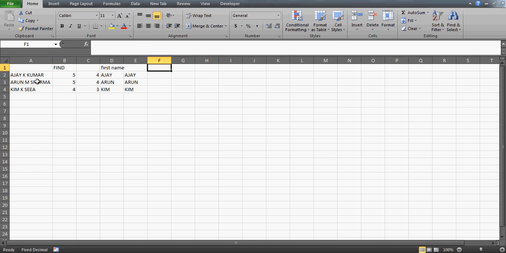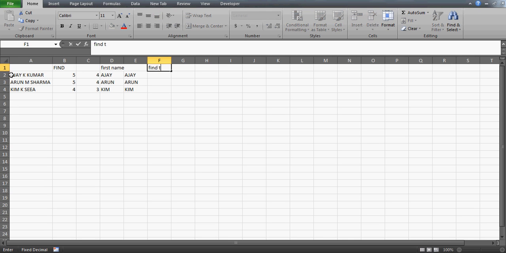Similarly, we want to create the last name. I'll use the right function here and go in the text, and what exactly I want to return is quite tricky. In this scenario, I can't use this 4 parameter, right? Because if I select that, I'll not get the complete last name, because when I found the space, Excel counted the space from here, not from here. So what I can do is find the second space in this.